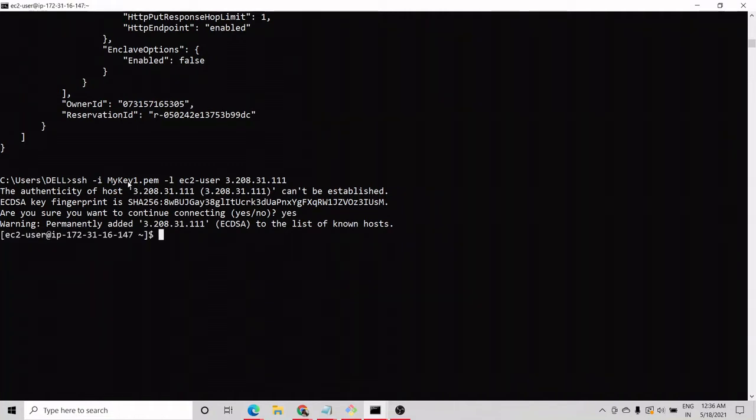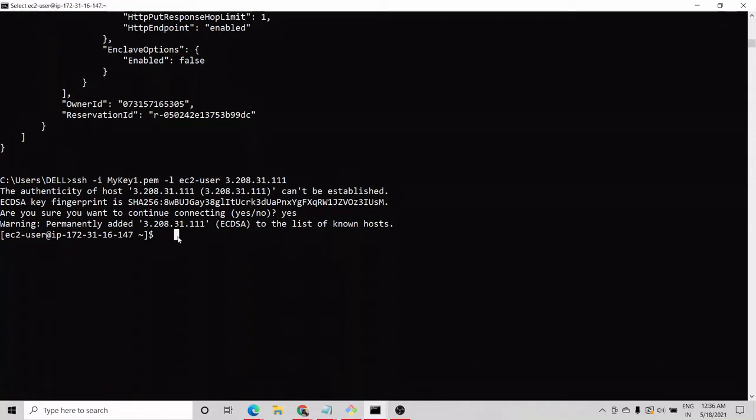Now as we entered into the SSH, how do I know? Because it is showing this ec2-user, and this is the public IP. Earlier it was the C drive user for my Windows, and now it is this one. So this is the AWS instance. As we entered into the AWS instance, now we will do web server configuration.